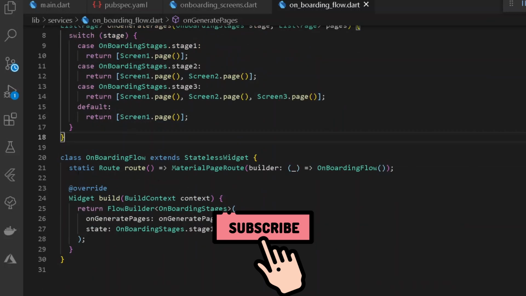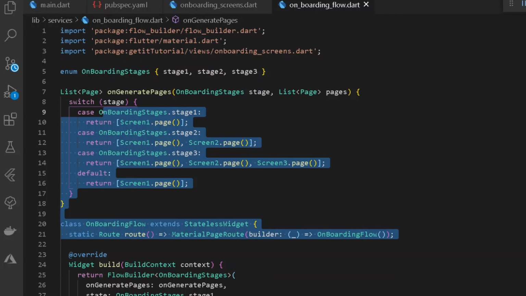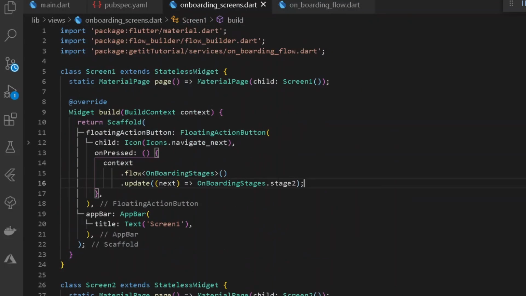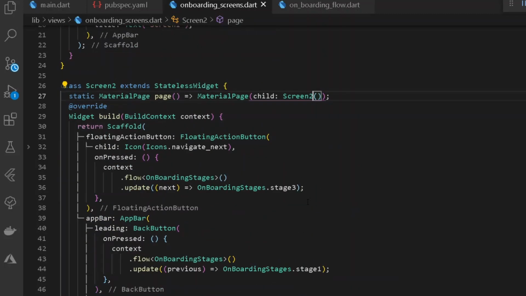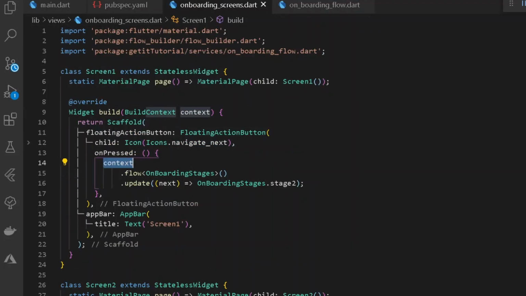And also, under our onboarding flow, we have a route property which simply manages the entire flow of all the routes. And once we have completed our entire onboarding flow, we have 3 different screens. Under the following different screens, it consists of a page which simply refers to a material page of its current screen, that is screen 1, screen 2 and screen 3. And under this we have a floating action button, and under the following floating action button, it will be taking a type of a context of our current screen.